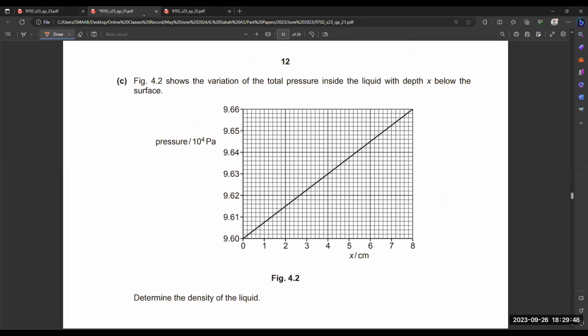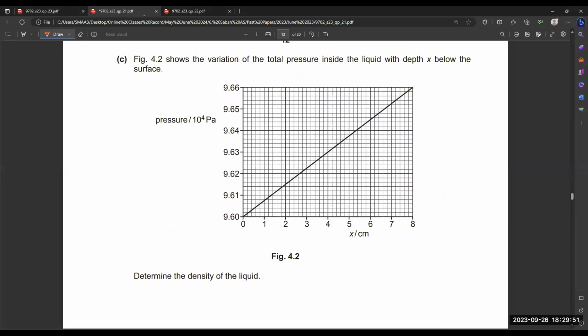I read the next part of the question and it's asking to determine the density of the liquid. So we have to use the formula pressure equals rho gh, because this is the liquid, right? We need to use rho gh. So we have to take the total pressure and divide it by the